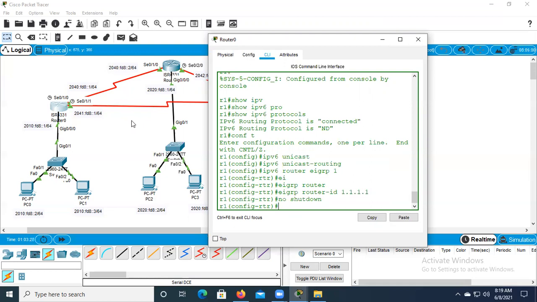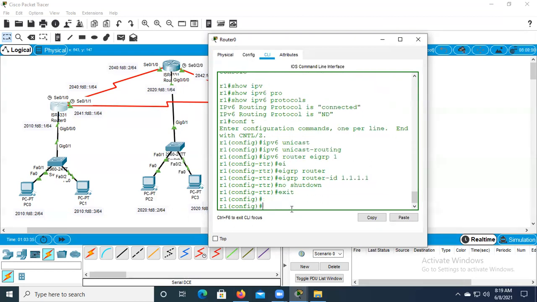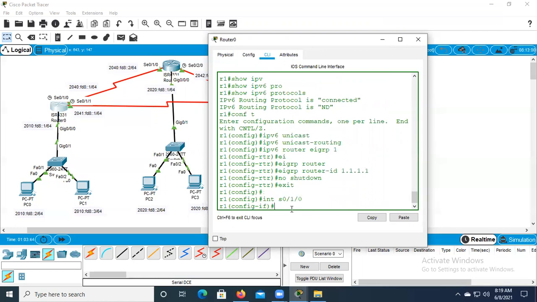Then what about advertising the networks, sir? Advertising the networks is not done in router mode. I exit and go to configuration mode. Then I go for interface serial 0/1/0 at the interface level. The autonomous system that we are using is EIGRP 1, so I have to enable it on the interface level.